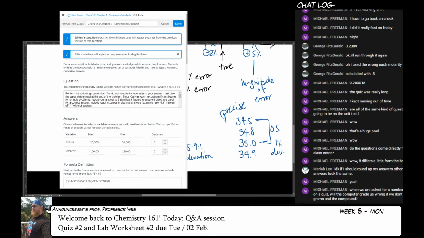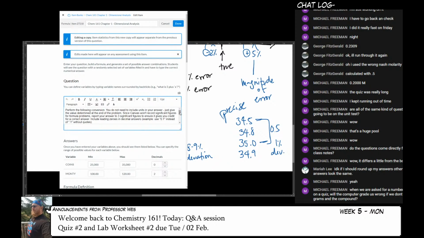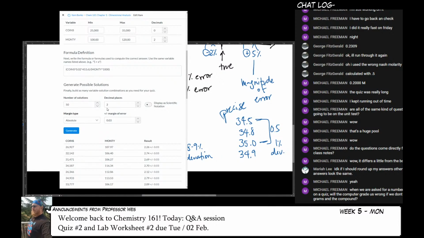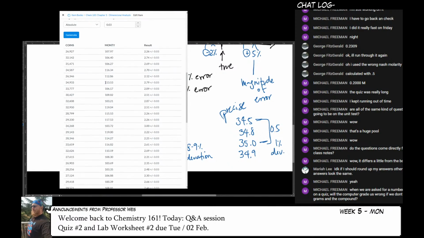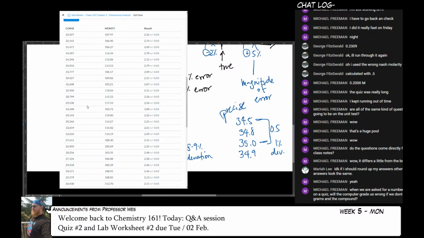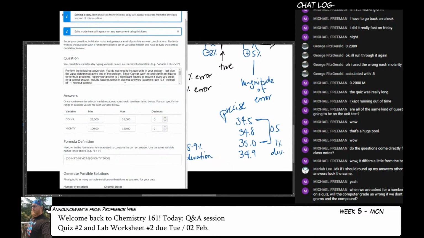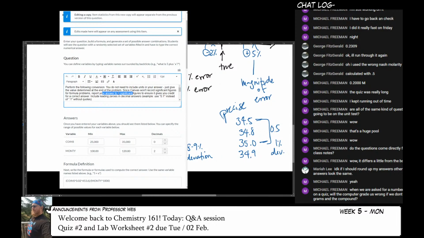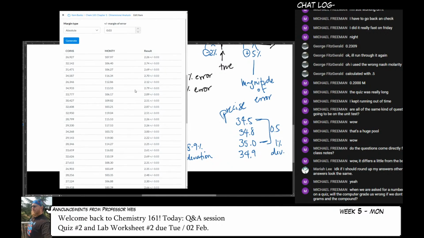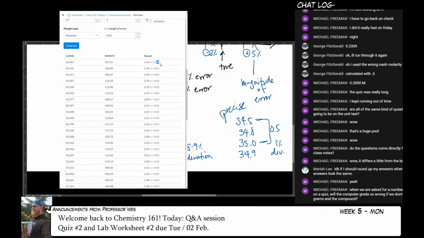So you've all seen this problem before, with, hey, there's this orc that found lots of money, and how many monies is he worth? And so what I have to do is program in a formula and then generate possible solutions. So, if you got 32,608, here's your answer. But importantly, I tell you to give me the answer to however many sig figs. Then I calculate the answer and report the result, and I give you a small leeway so that if you are within that much on that sig fig, you'll get the